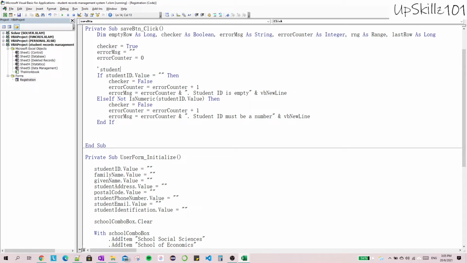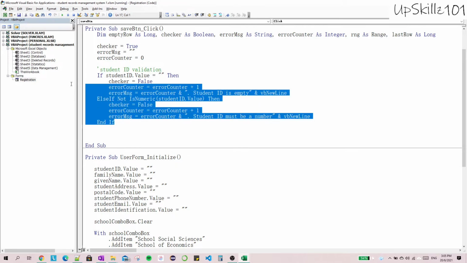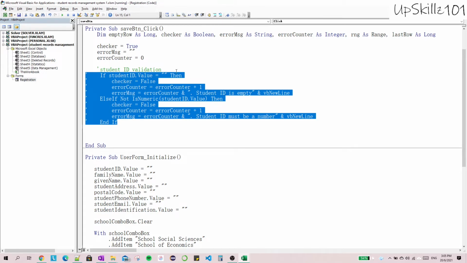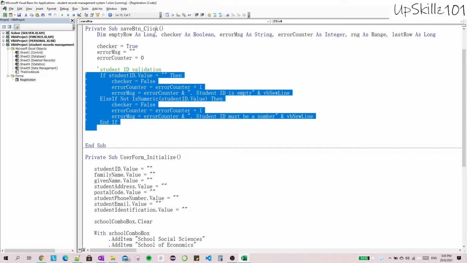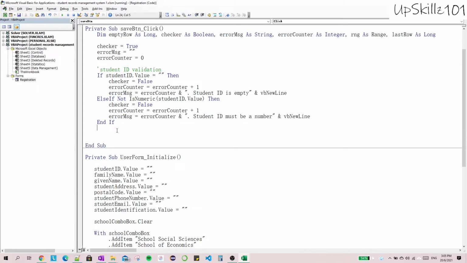This is student ID validation, and it's highlighted in green. By the way, if you highlight everything here, you notice that there's a comment block. I can press this and then the whole block of code will be commented out. That means when this procedure is run, it will skip this commented out section. If I highlight everything and press uncomment block, it'll be uncommented and this part will be run. Alright,